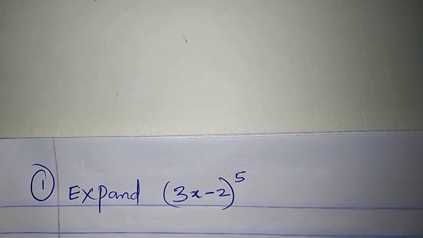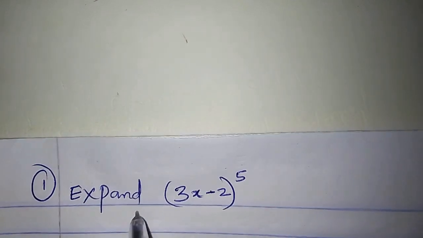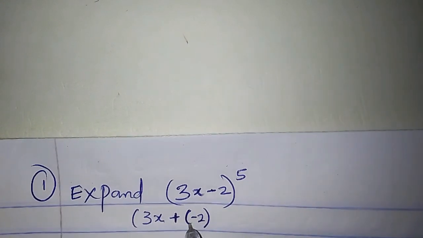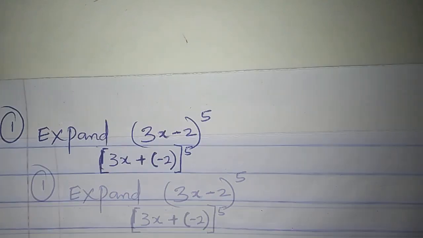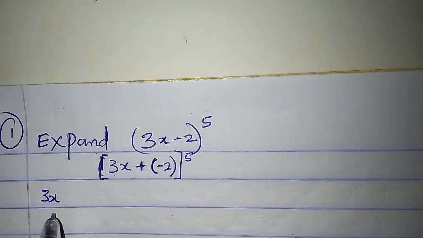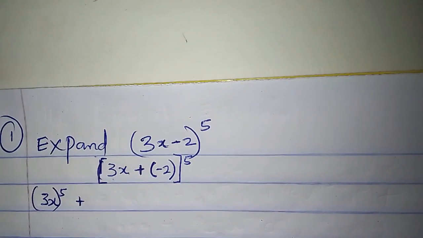So I want to expand (3x minus 2) to the power of 5 using that binomial formula. Okay. Take note, our binomial formula is of the form x plus a. The sign in between them is plus. So I want to write this as 3x plus minus 2, all raised to the power of 5. So this is the expansion. 3x all raised to the power of 5,